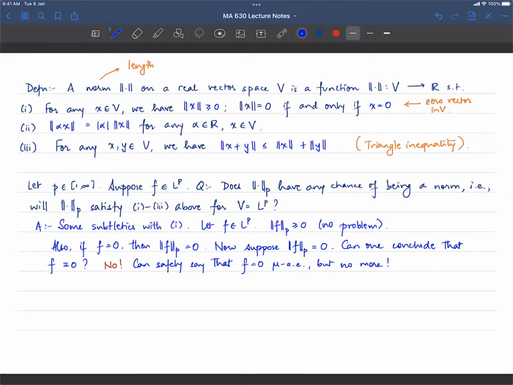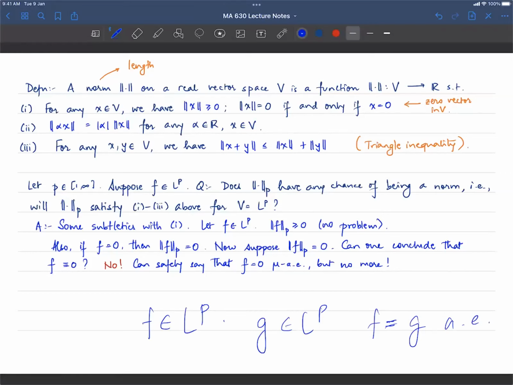But we can avoid getting into all that by just saying, you know what, here we're going to take this approach: when I say f in L^p, and I have g in L^p, and f is g almost everywhere, then f and g are the same thing. So I will blur the distinction between two functions if they differ on a set of measure 0. So that is the remedy.